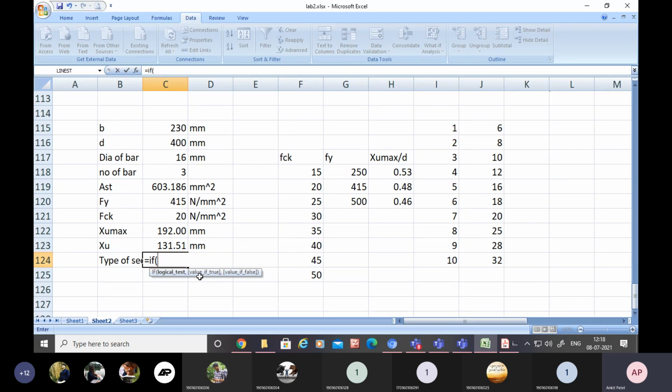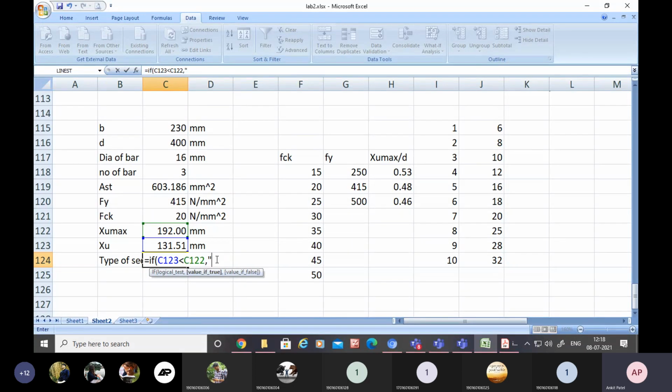So if bracket, if your value of Xu, this value we have to test. Which test do we want? If this is less than this, then section is, if this is less than this, then what we have to write down? Over here you can see value if true, if this condition is true, then what we have to use at this location?